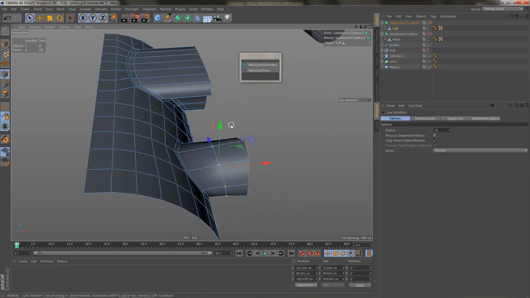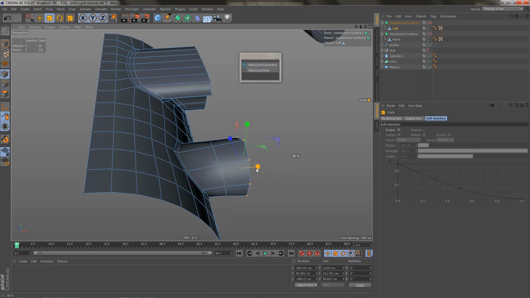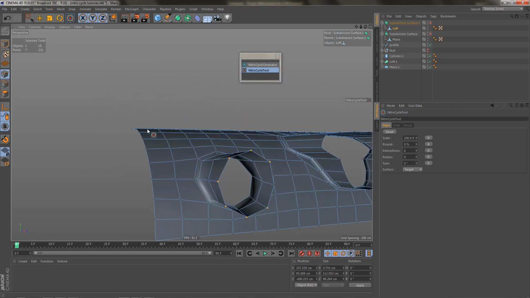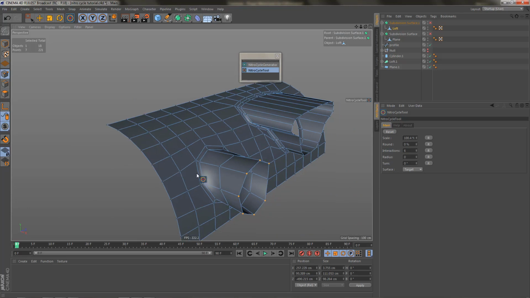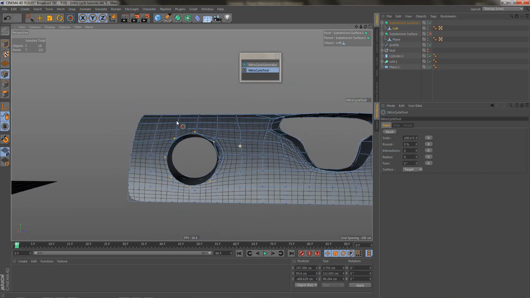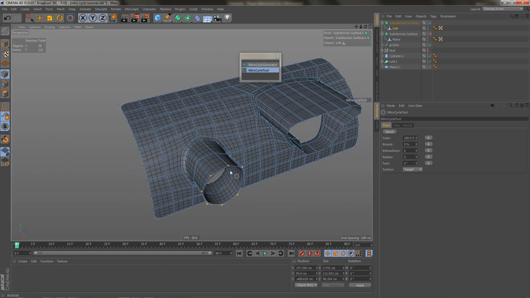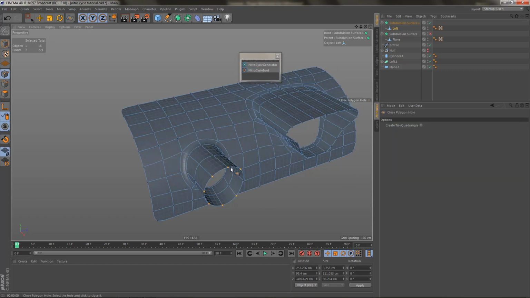Let's see if I can reselect these, scale them down, and use that again. Let's go ahead and subdivide this. And we're getting a perfectly circular shape, at least here at the front. If I close that polygon hole